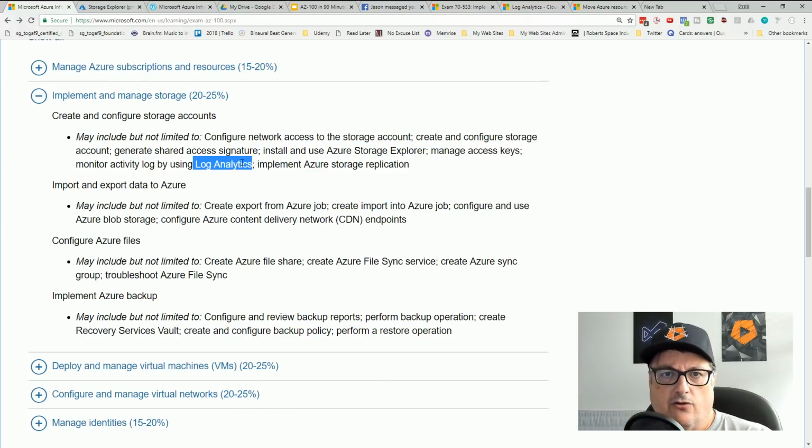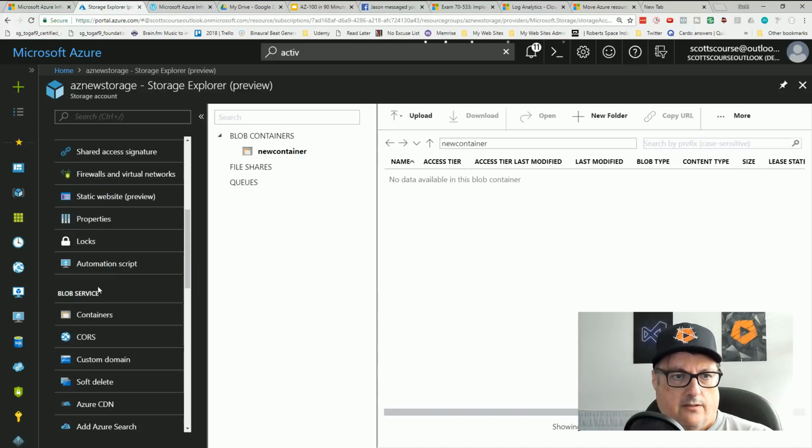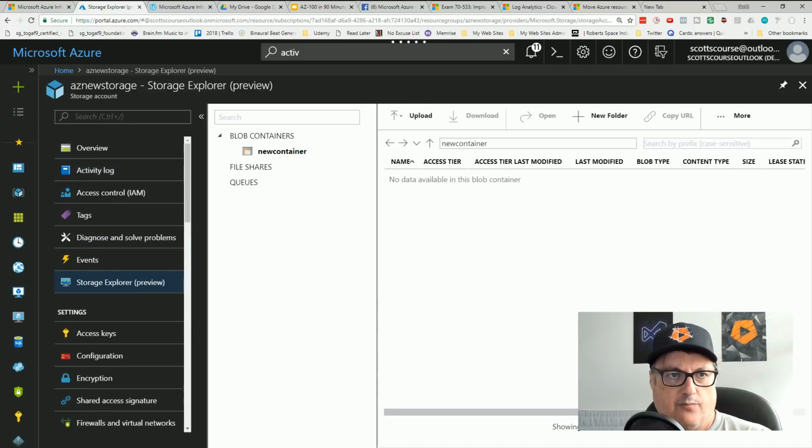Log analytics, we were just looking at storage replication. Import and export data to Azure. Create export from Azure job. Create import into Azure job. So do we have export and import?